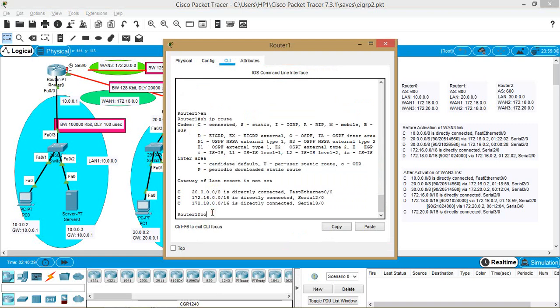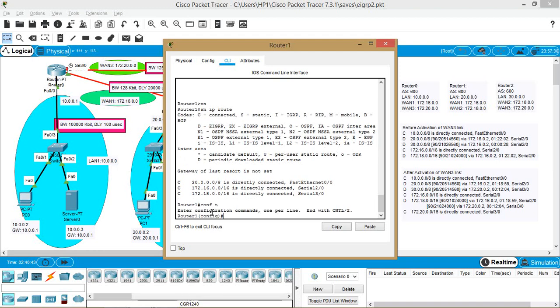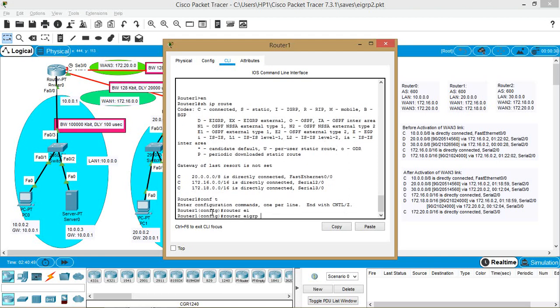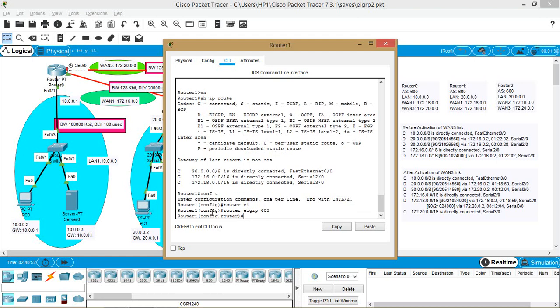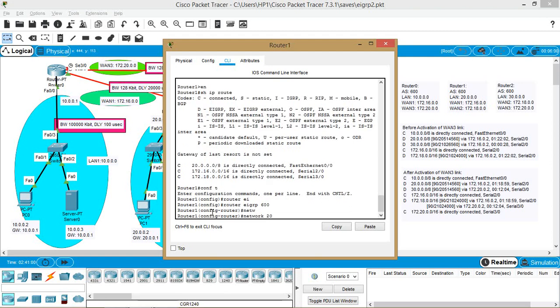Now here again, first of all, use the configure terminal command. In config mode, we can configure the router EIGRP. Autonomous system number is 600. All the 3 routers should belong to the same autonomous system number. And next is to advertise the directly connected networks, network 20.0.0.0.